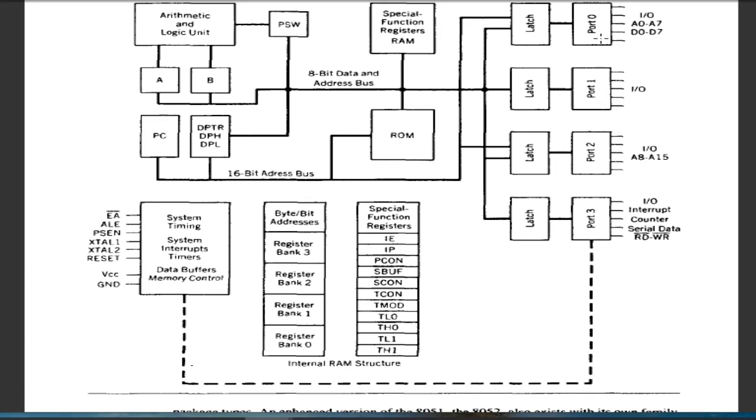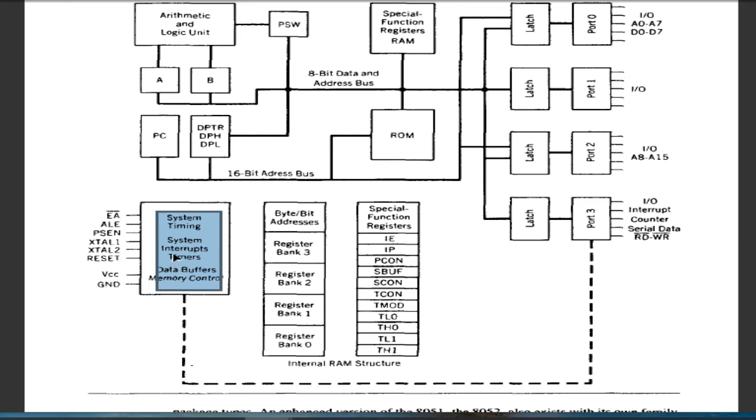So if you are going to take input to this 8051, or if you are going to provide the output of the 8051, then you can use these data pins D0 to D7. Now we switch to the system timing, system interrupt, timers and data buffer memory control.